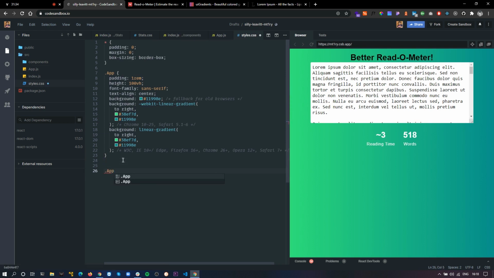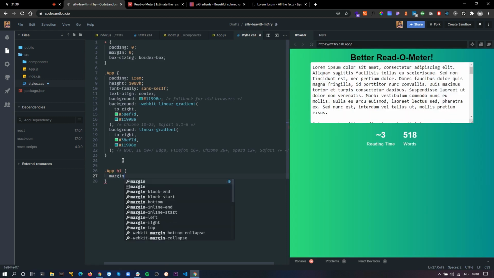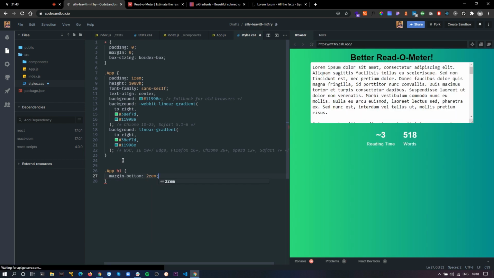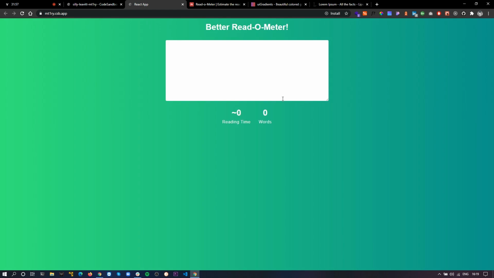Inside app we have h1. I'm gonna give it a margin bottom of 2 rem, and I'm gonna do color white. This looks better. Let's open this in a new tab, and this is our application and it's ready.